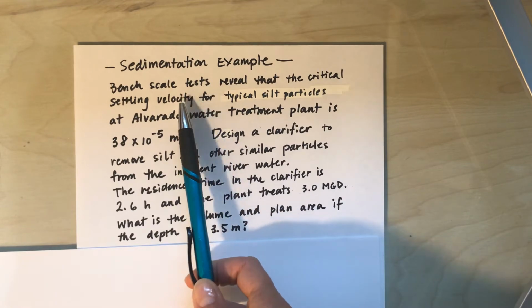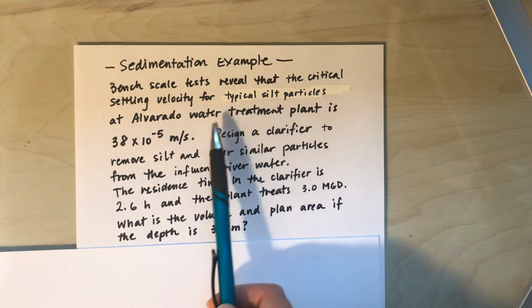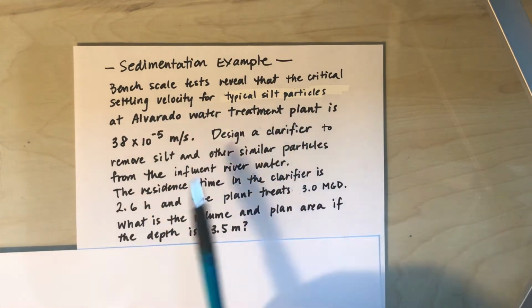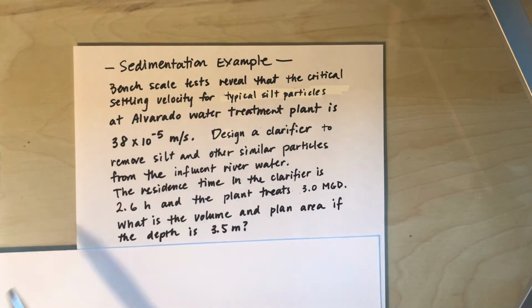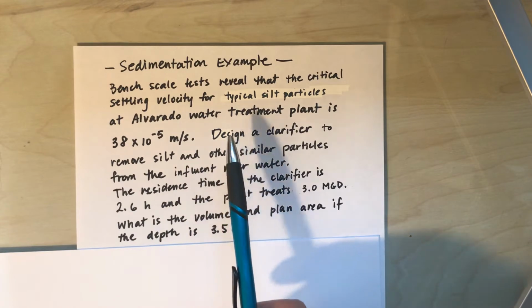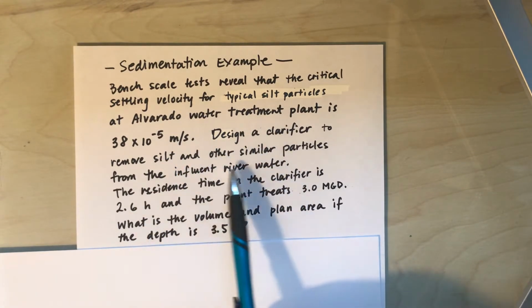And so in this case, they've done that, and those tests revealed that the settling velocity for typical silt particles, in this case for the Alvarado Water Treatment Plant, is 38 times 10 to the negative fifth meters per second. And now you're to design a clarifier to remove those types of particles from the water that's